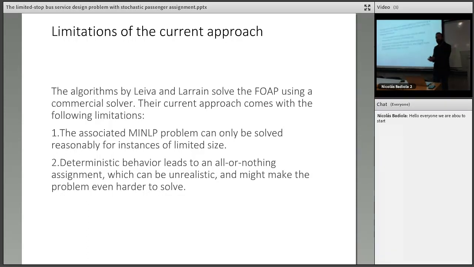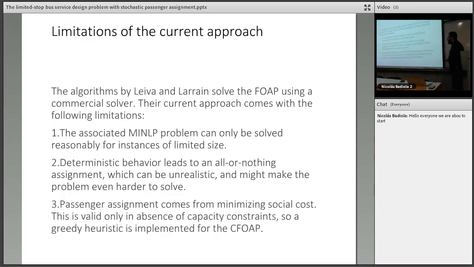When you have this deterministic assignment, you have situations where a tiny increase in frequencies for a particular service might change the way everybody behaves. And that's really annoying when you're dealing with iterative models where capacities are adjusted iteration by iteration. If you make a small change and everybody changes routes, then you're going to have some problem adjusting the capacities or the frequencies. And third,